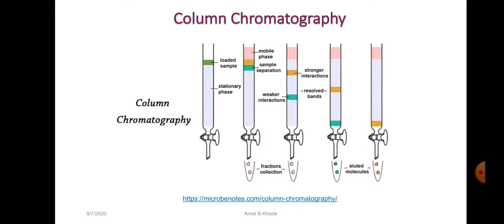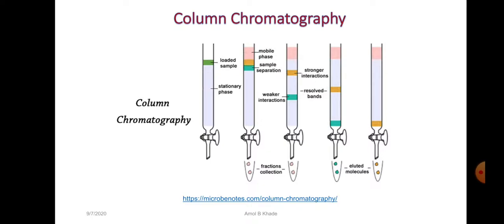We have discussed that Michael Tswett, a botanist, used calcium carbonate as an inert stationary phase packed in a glass column. He loaded some plant pigments and was able to separate them into individual fractions, which we could observe because they were colored, using a mobile phase. He used hexane as the mobile phase, and that is how chromatography was invented.